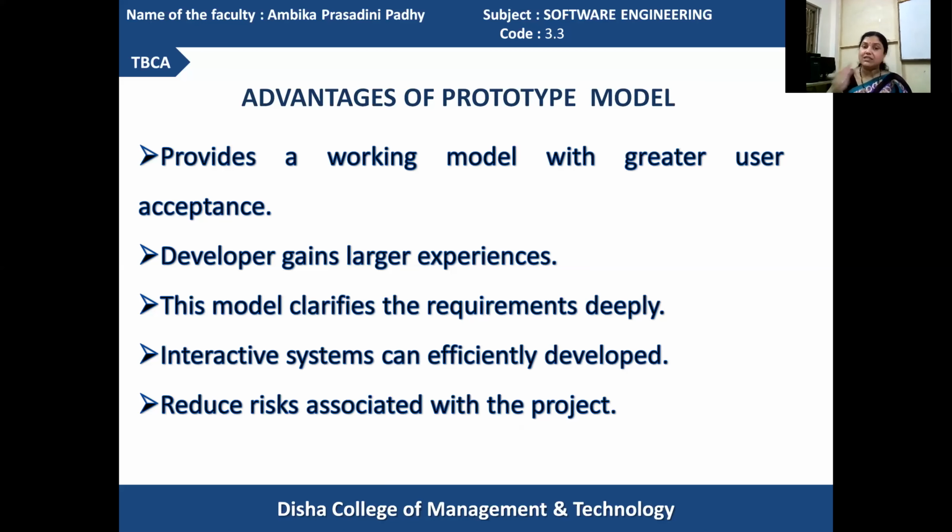Interactive systems can be easily developed here, which were unable to be developed properly using iterative or classical waterfall models, and it reduces the risk associated with the project. The prototype model also minimizes the risk associated with the project.